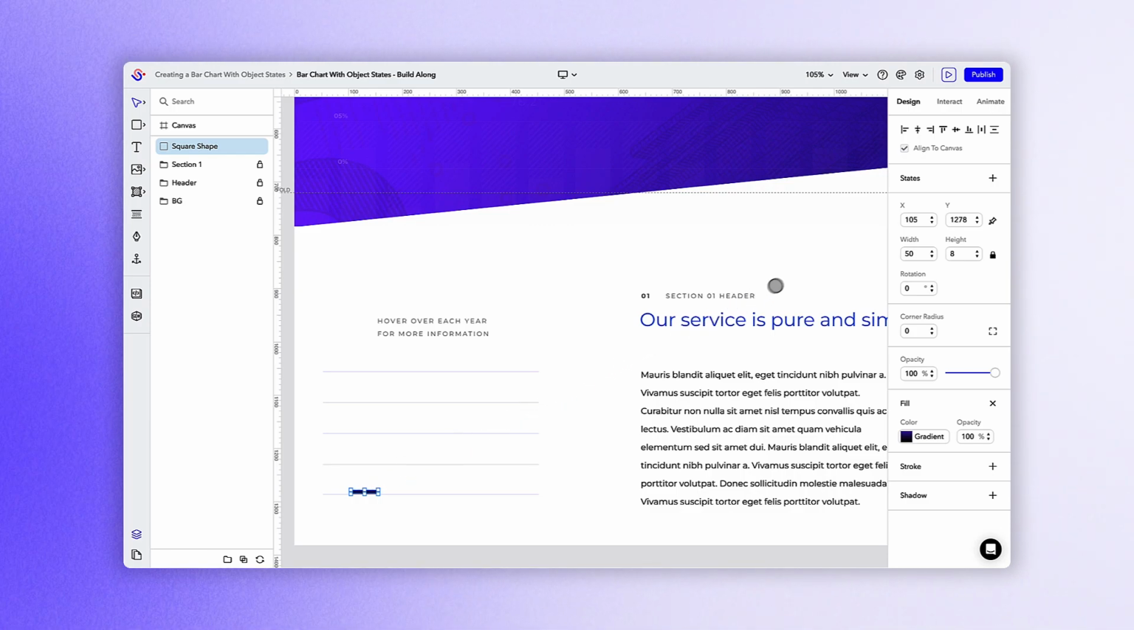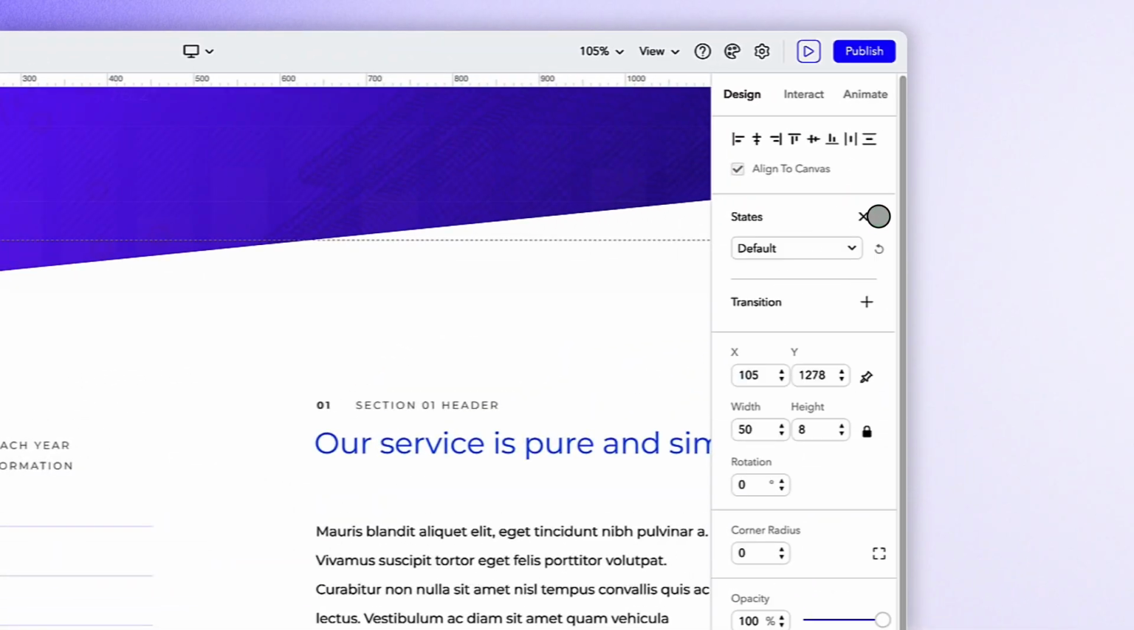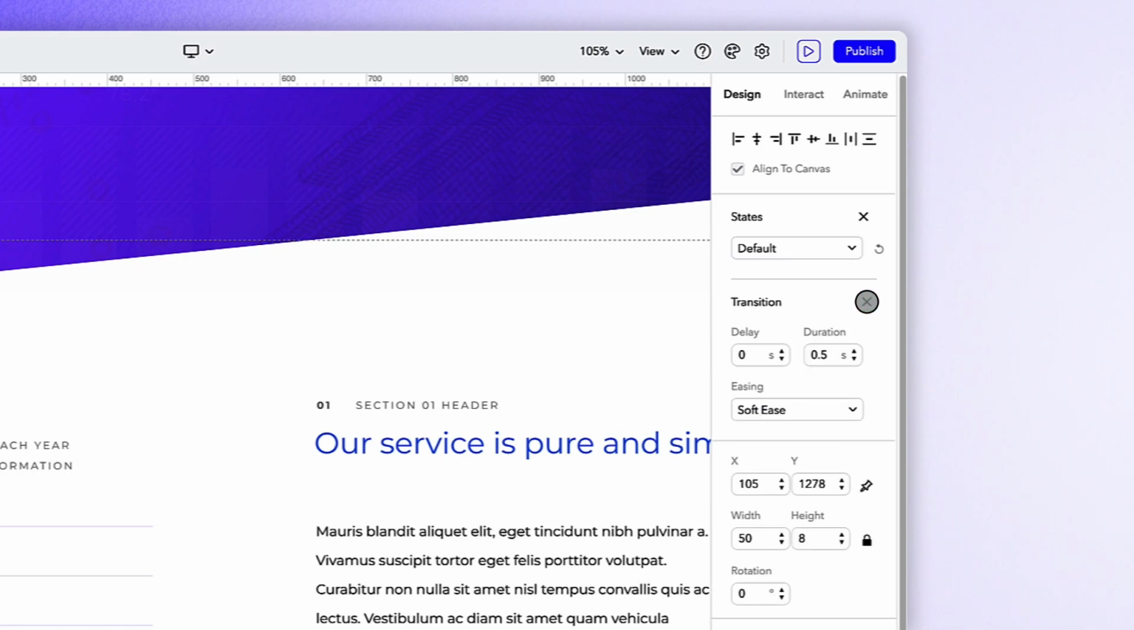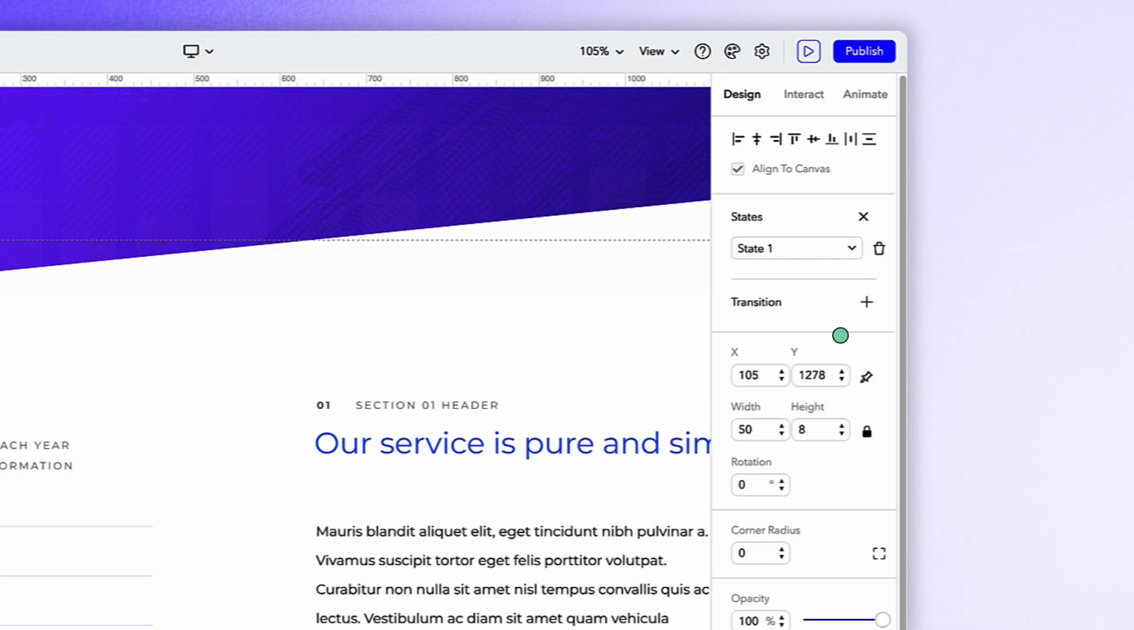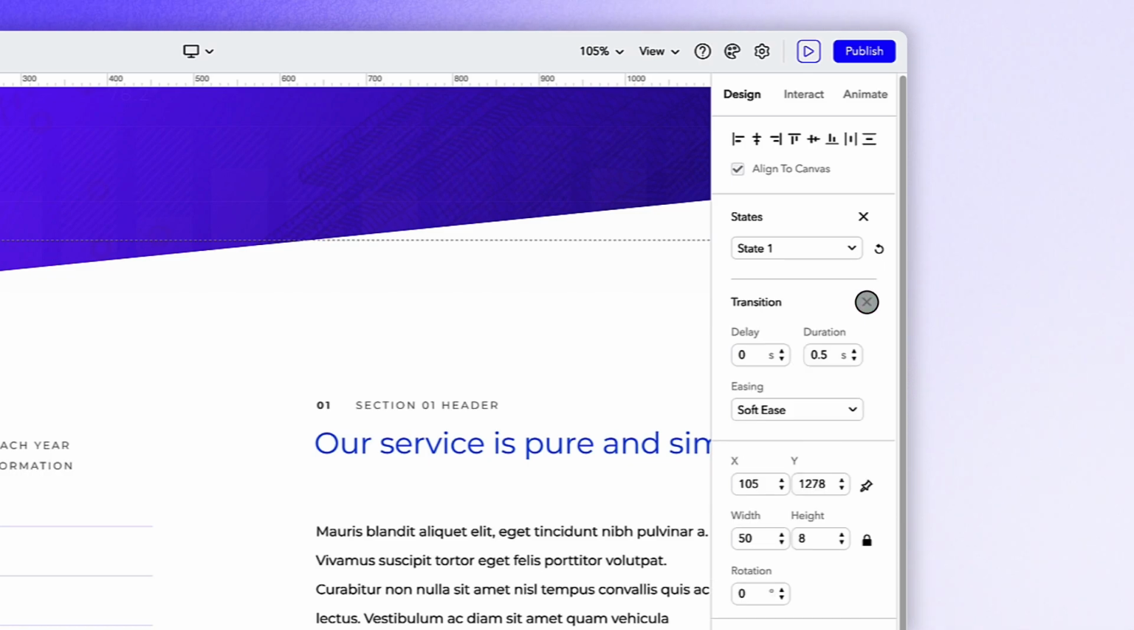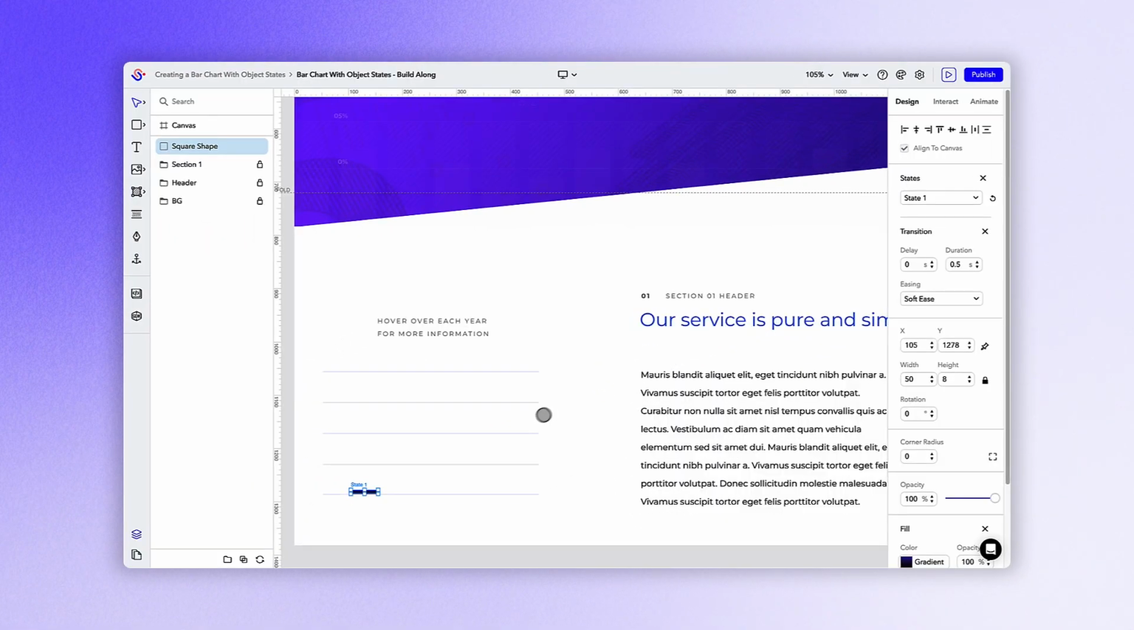Now, with the square shape selected, click the plus sign next to states to set this as our default state. We'll add a standard transition to ensure the state change is smooth. Now click the drop-down and select Add New State. With State 1 highlighted, we'll add a standard transition and change the size of our square to represent the data